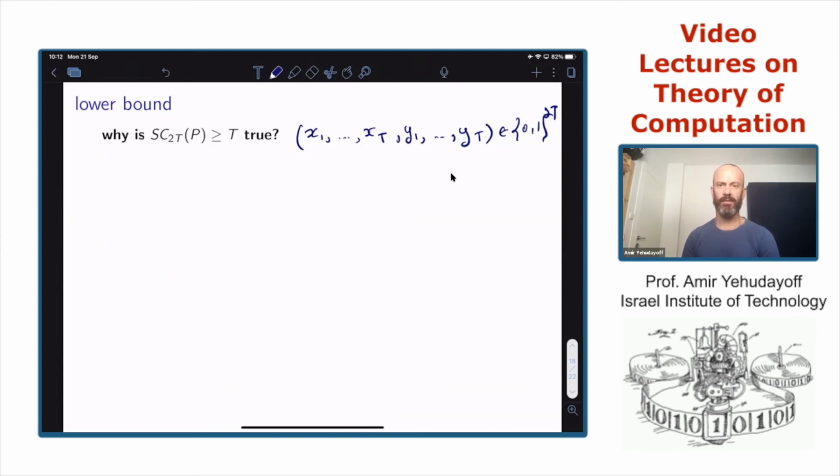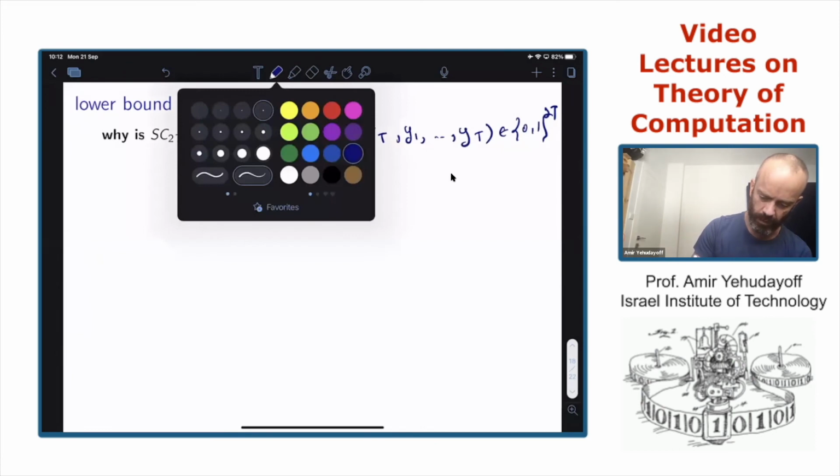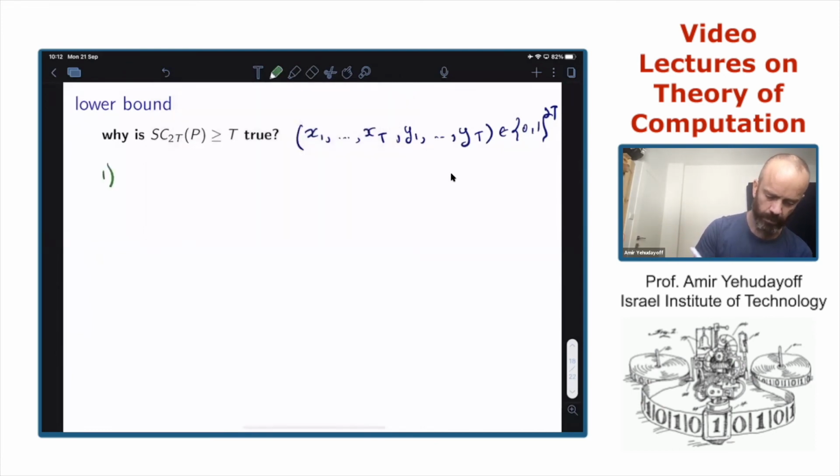Now the first observation that allows us to prove a lower bound. First, maybe I'll use a different color. The memory state just at time t. We just care about the state of the memory at time t. There is some update rule, and we assume that this update rule allows us to compute palindromes. So the memory state at time t just depends on x.